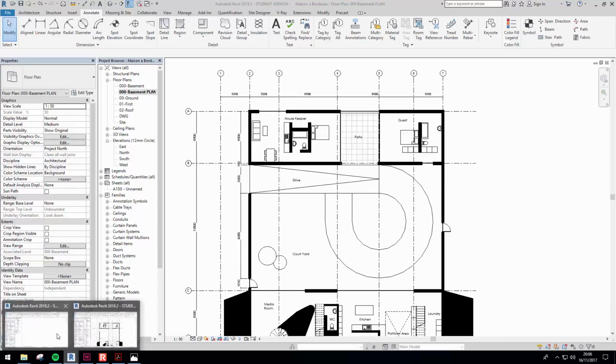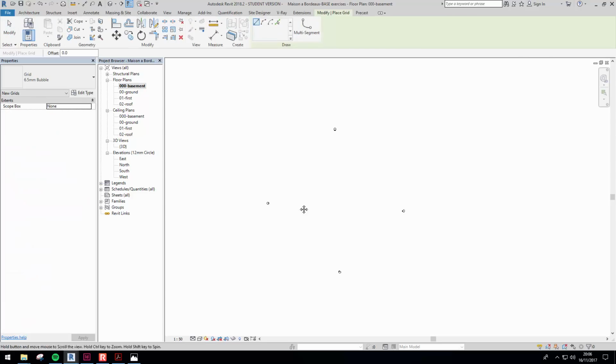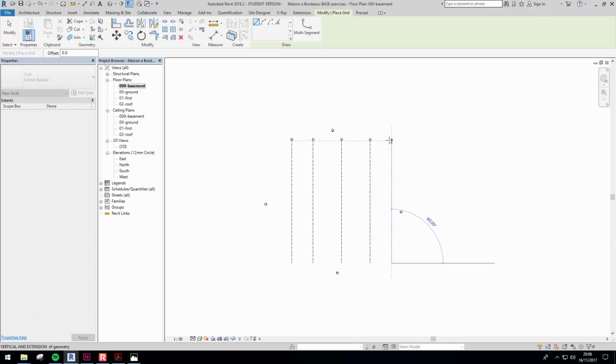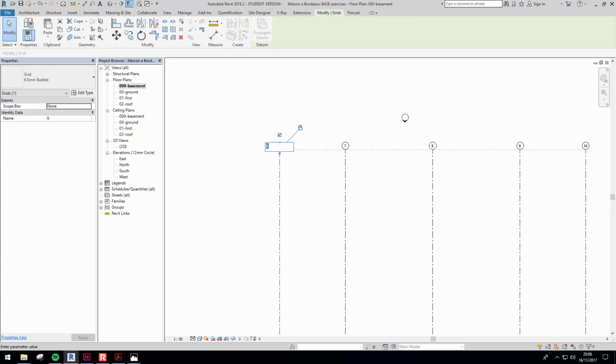So going back to our drawing. Now to recreate grid lines, you click Architecture, and then we click Grid Lines, and you can have straight, curved, etc. But all our grid lines are going to be straight. So if I left click, drag up, we can roughly do a series of grid lines, and just click, click, click, click. So the first one will be grid line 1, and that will be